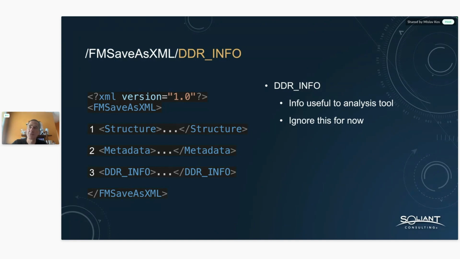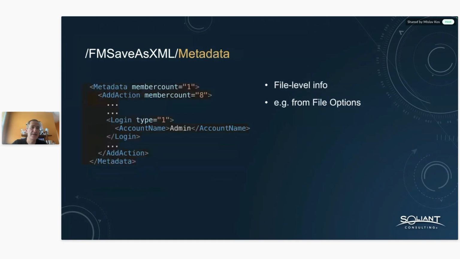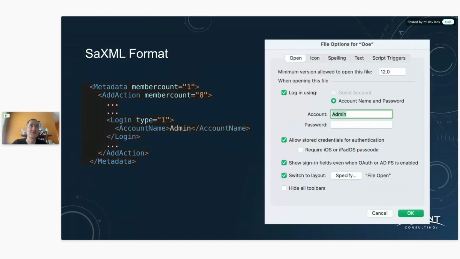So then the next one is metadata, and that tells us the file level info. Think file options. So here's the file options dialog, and we can see that that file is set up to automatically log in with an admin account. And on the left side, we can see what that looks like in the XML file, right? So it just kind of mirrors that functionality. And then everything else for us is going to be inside of the structure